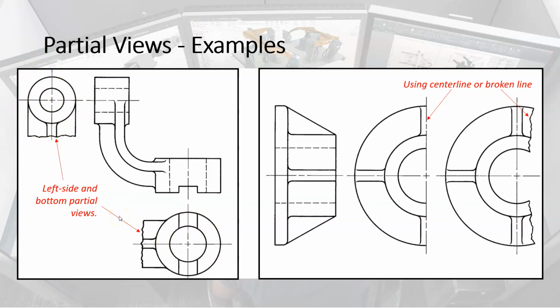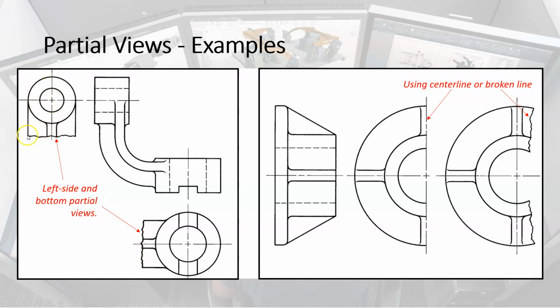And if you're wondering why would we show a partial left side and a partial bottom, well, the answer is if we were trying to draw the rest of this object, that is to say the full projection of this object on the left-hand side, this detail down here would get really messy real quick. There'd be a lot of hidden lines, a lot of curves, just a lot of messiness. Same thing with the bottom view. If we showed the full projection of the bottom view, it would be messy over here. And so to avoid the mess,